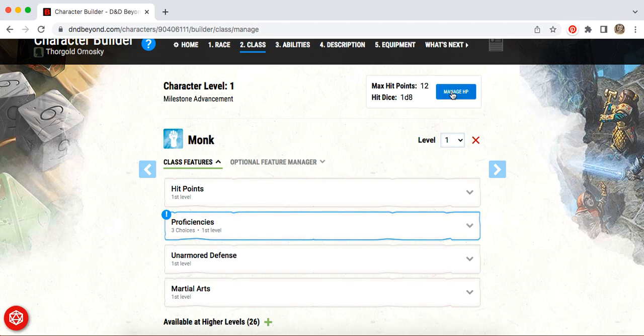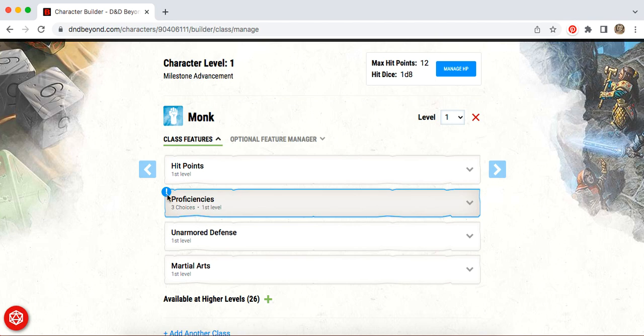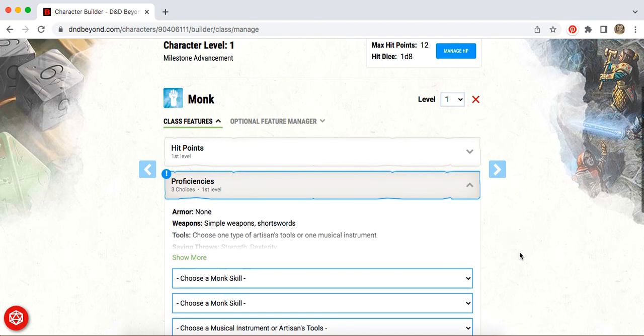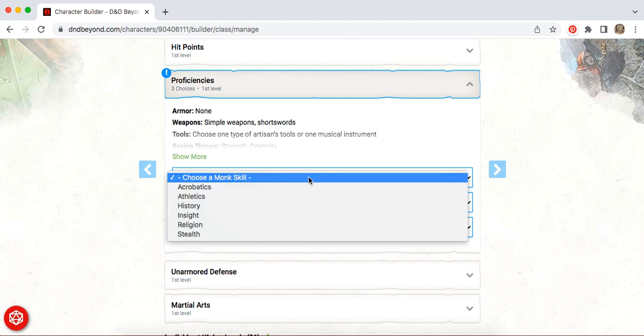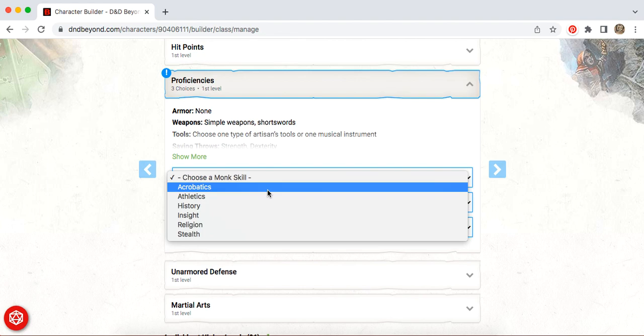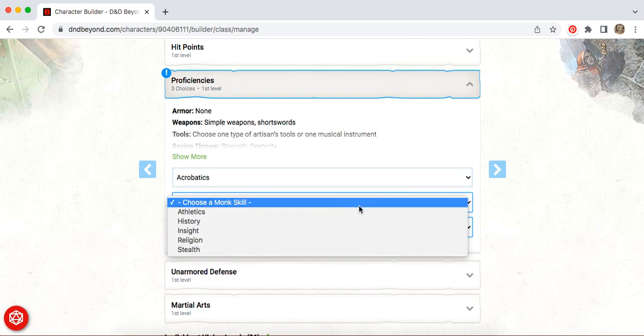So I'm going to manage my HP. Max hit points are 12. 1d8. Okay, got it. And I need to choose proficiencies, so it's got this here. It marks things that I need to pick. So let's see, what kind of monk skills do I want? Definitely acrobatics I think would be a good one for flipping around.